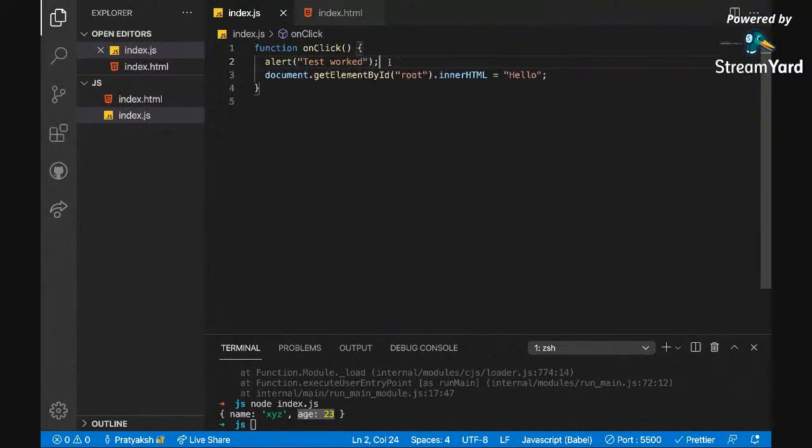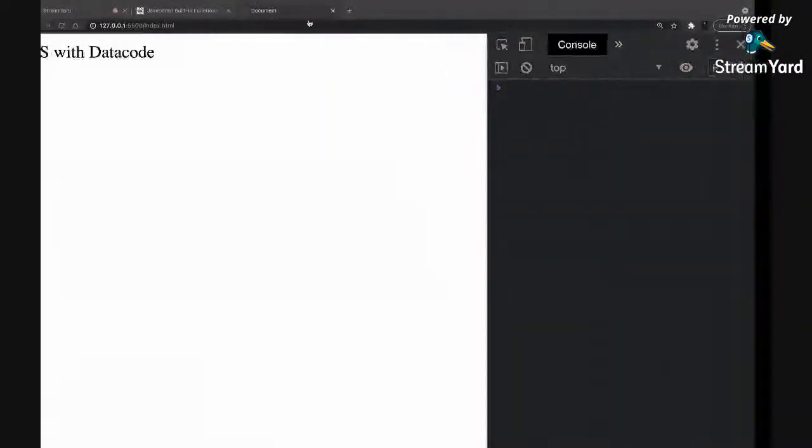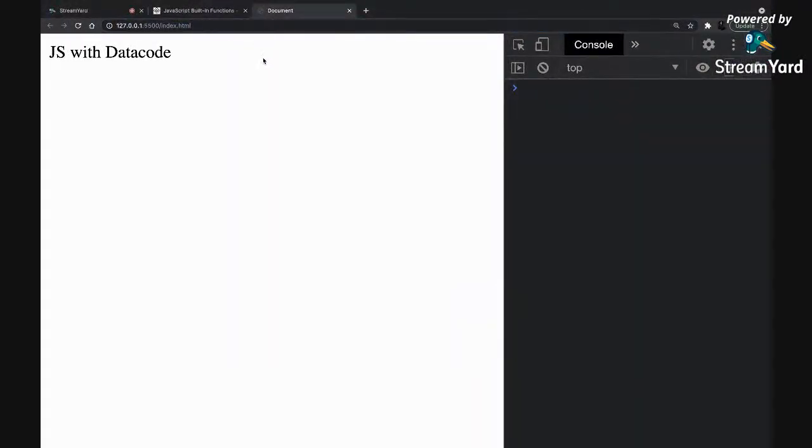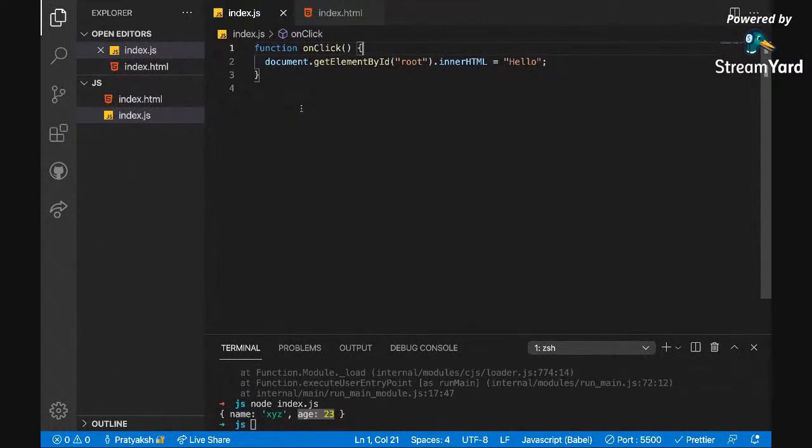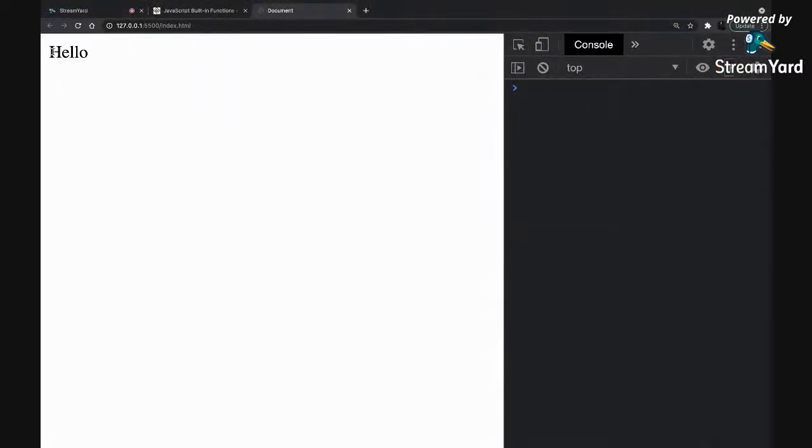Okay, so this is the beauty and power of JavaScript: even though I didn't do anything after compiling it, my web page became dynamic. I can just click it and change the value. This is why JavaScript is used, and why it is so popular. You can make your pages dynamic very easily. It just took one line to change the entire text of the web page.